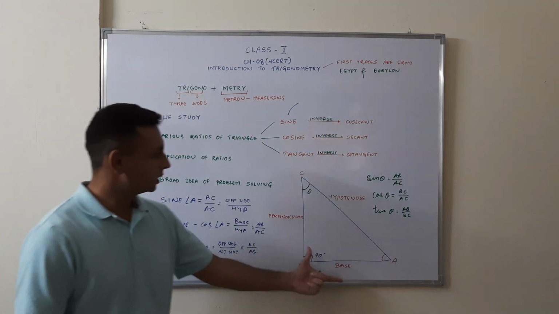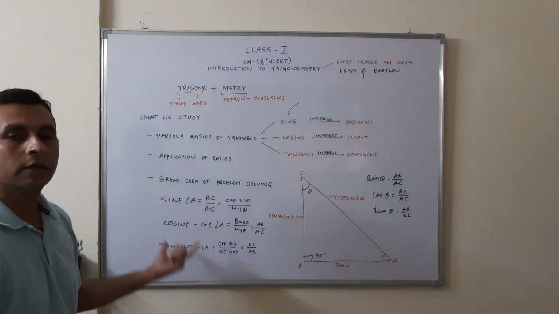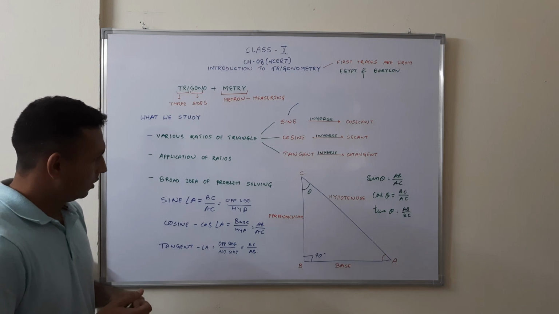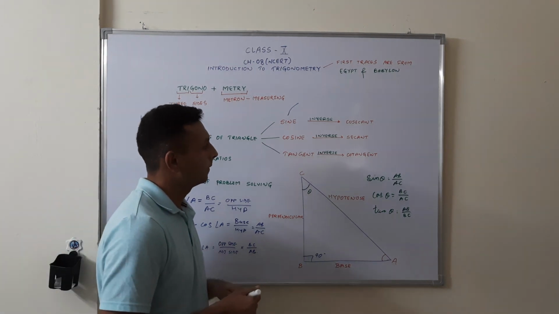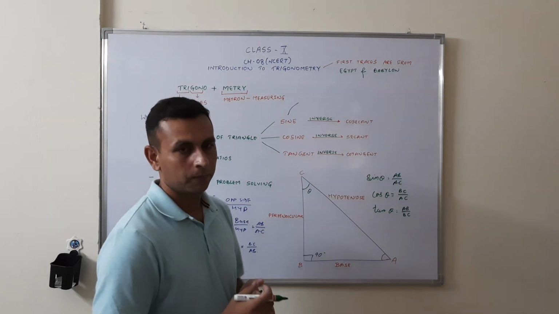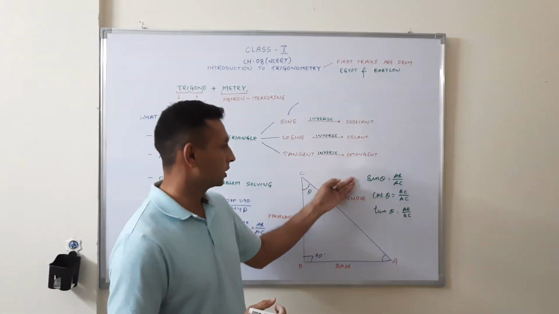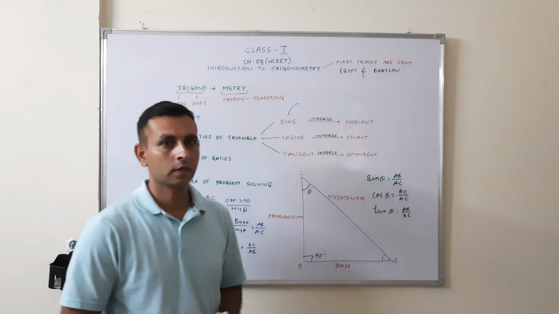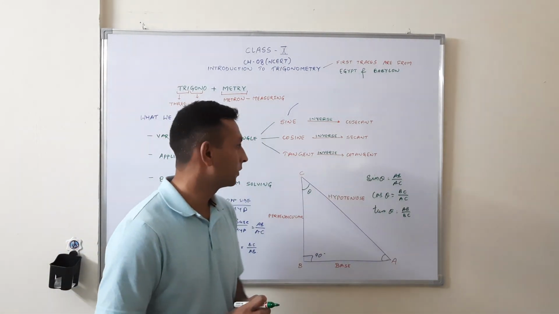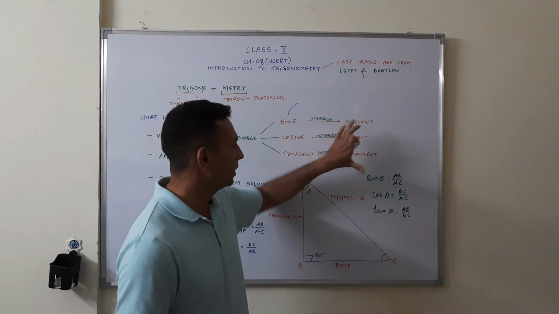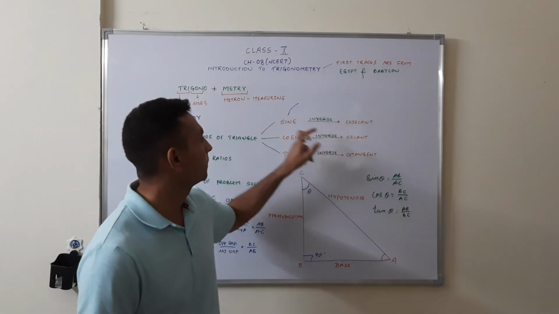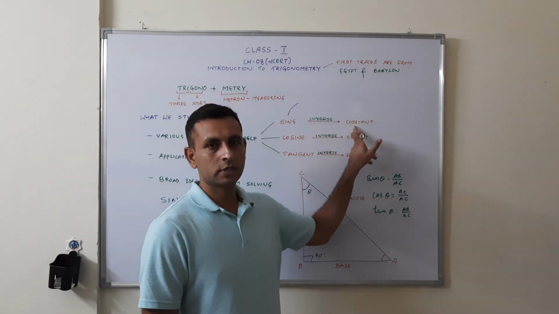Okay, so this is how these ratios are defined. There are various functions which are used as inverse of sine, cosine and tangent. We'll not go much deep into this in this lecture. In the next lecture, I'll be covering cosecant, secant and cotangent. It is nothing but inverse of the sine function.